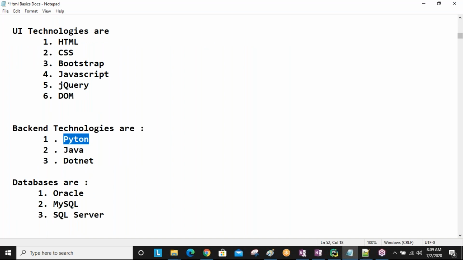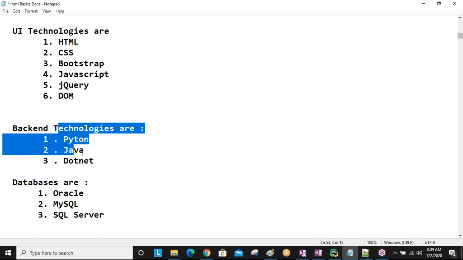Understand? Python side developers, backend side developers, they are learning any one database. Again, the database course is separate. But when you are developing the backend code, your backend teaching faculty will teach about the database also, what is required for communicating with our backend programs.